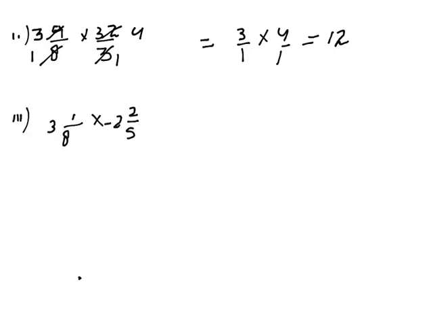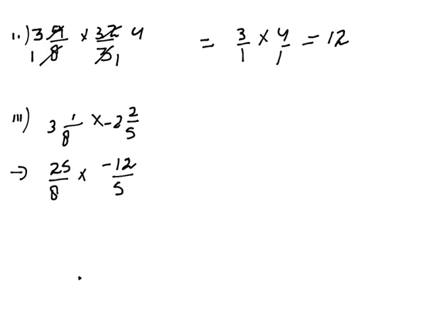Next example, we have a mixed number like 3 whole 1 by 8 and we are multiplying it with negative 2 whole 2 by 5. What we will do, first of all, is change the mixed numbers into improper rational numbers. So we will get here 8 times 3 is 24 plus 1 is 25 by 8. Then 5 times 2 is 10 plus 2 is 12. So here we get negative 12 by 5. The next step is we will see whether we can simplify any numerator or denominator into the simplest form.